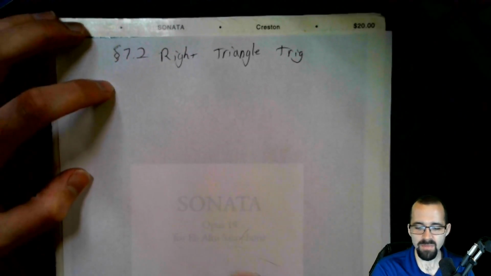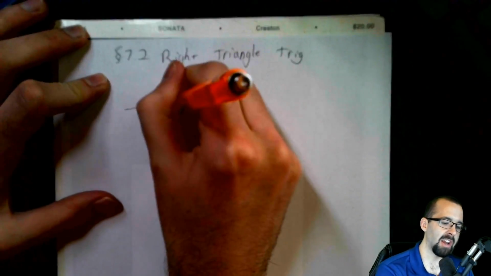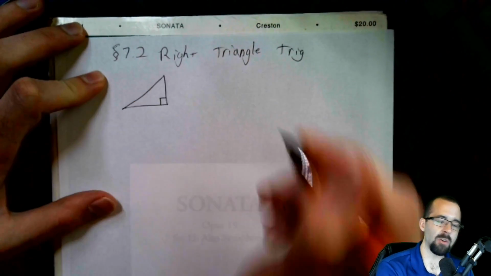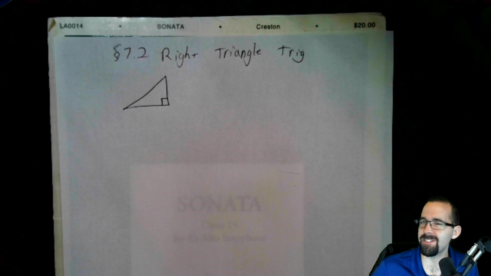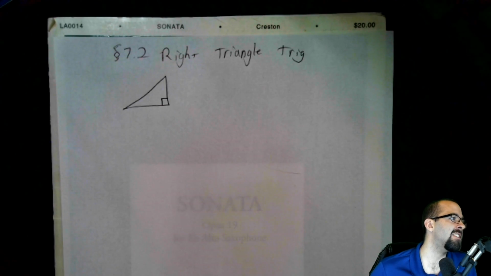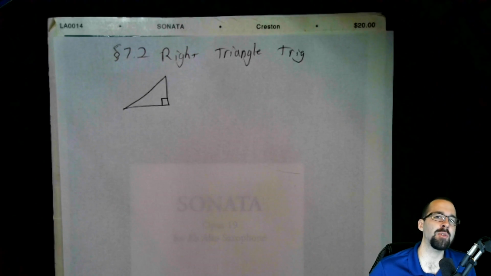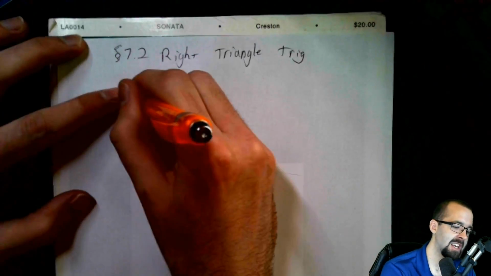Here we go. So we have a triangle right here. We're going to be talking about right triangles for the first 85% of this class. Near the end of the semester, we're going to be doing some trigonometry on triangles that are not right. So that'll be good. Anyway, if we're looking at some angle theta,